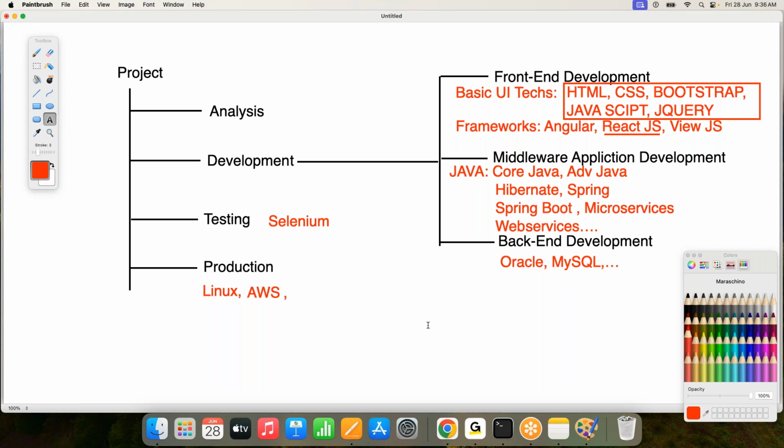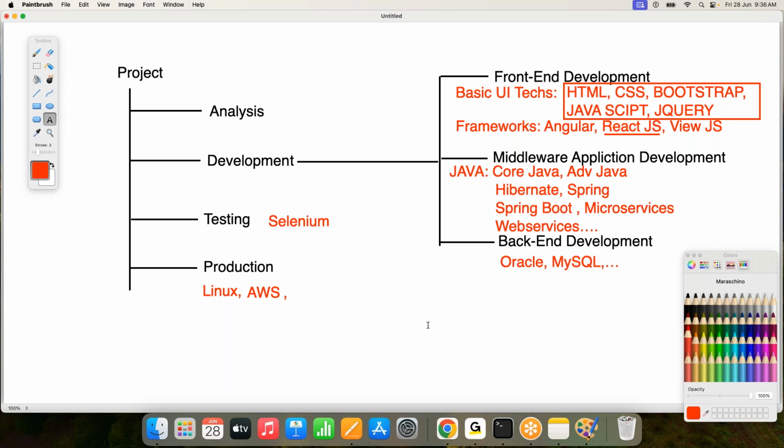We have to test the project and deploy it into the server. We have to start the server and deploy into the server. Then after that, we have to monitor the server. Are all the threads running properly or not? Are all the connections provided properly or not? In our application, so many services are available. Are all the services running properly or not? Through dashboard support we have to check. That is nothing but monitoring of the project.